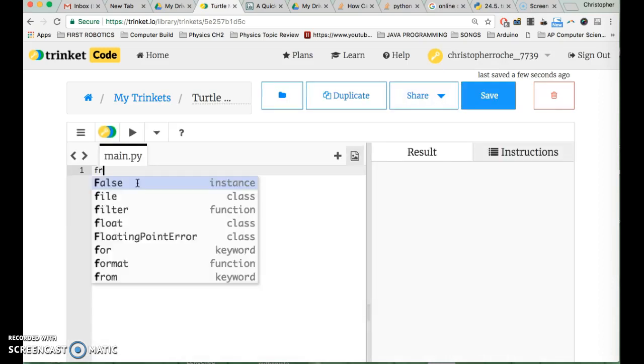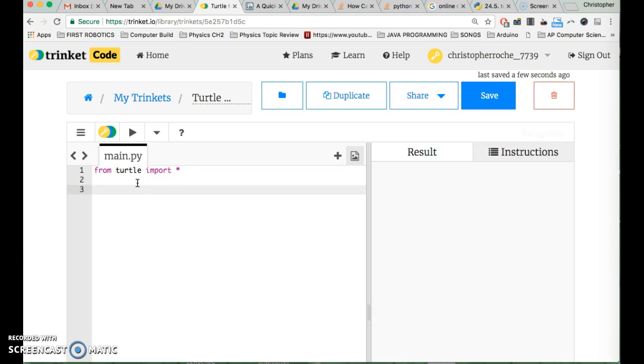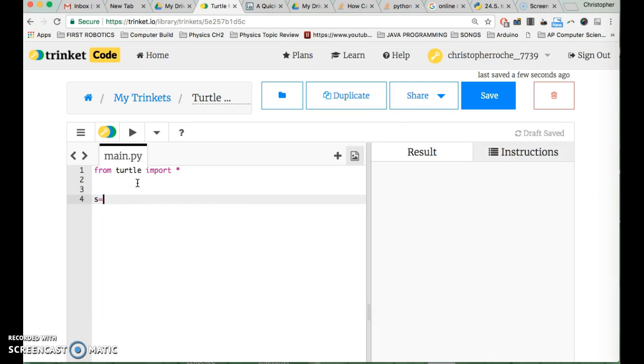From the top, what you have to do is an import. So you go from turtle import star. And then what we were doing was setting up a screen and a screen color. So you're going to say s. These are turtle commands. So you're going to go get screen, and there's an automatic turtle that comes with this trinket thing. So we're going to say get screen, and then we're going to set a screen color,